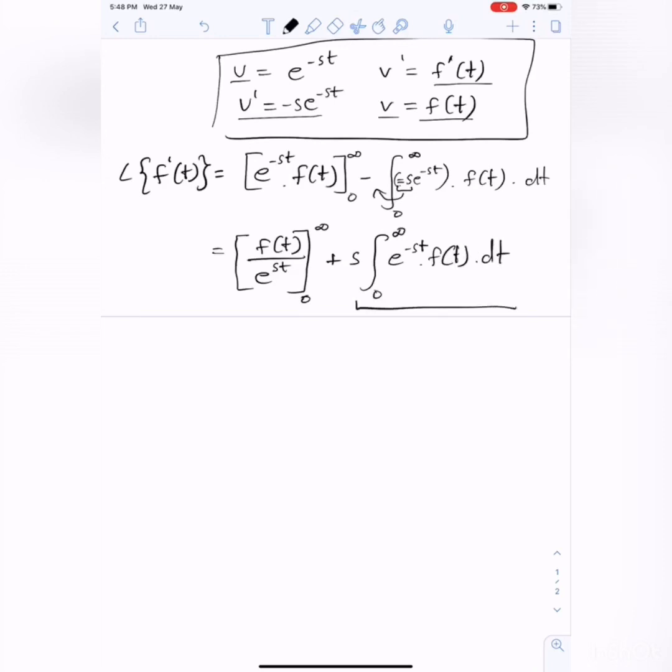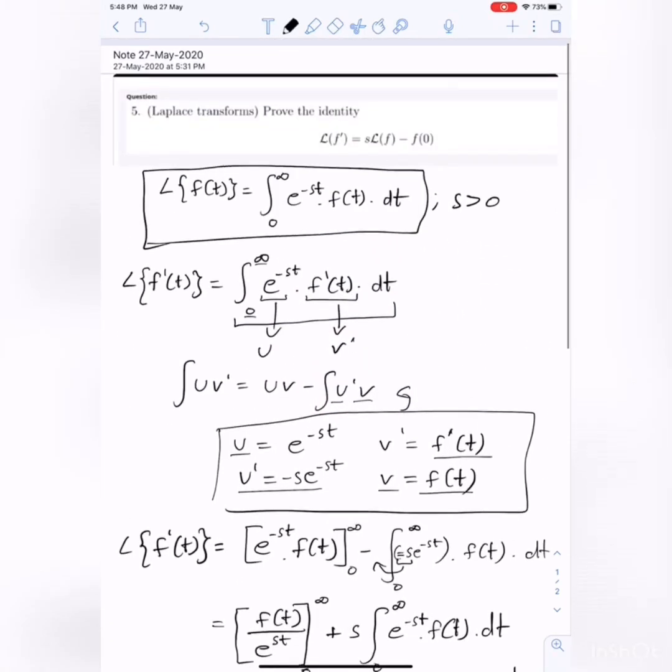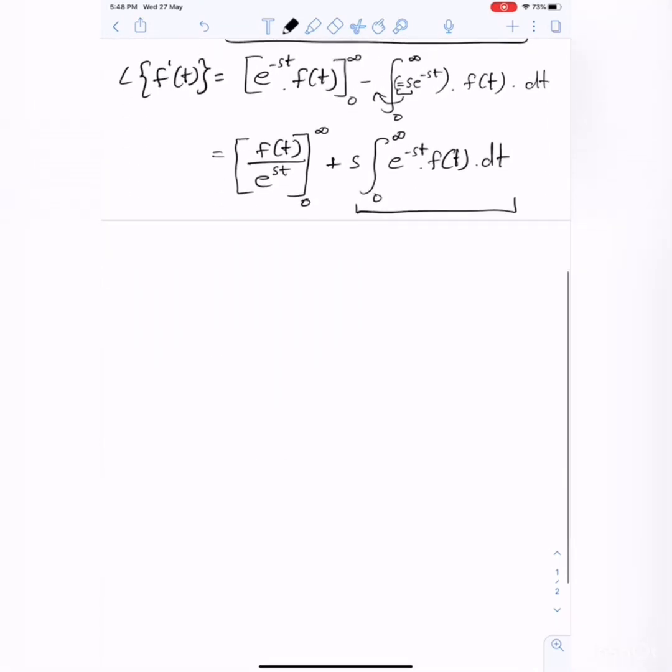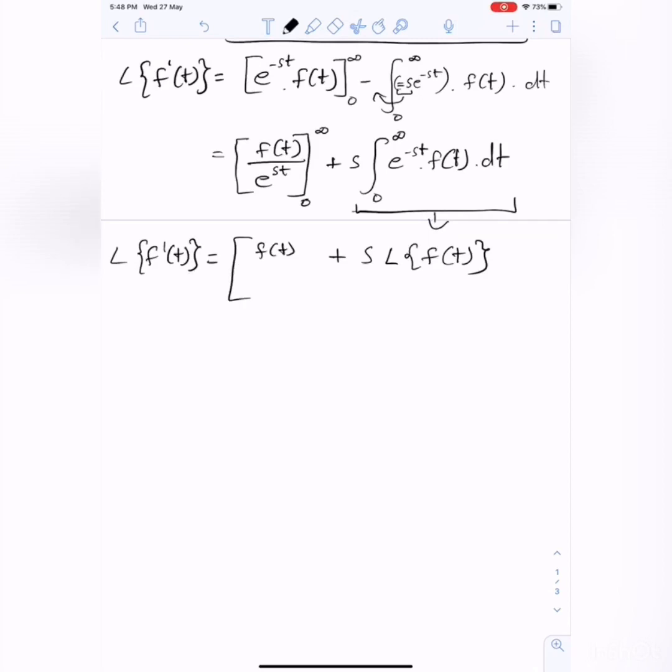Now this looks very familiar. This one is nothing but the Laplace transform of the function we started out with. So I can substitute this entire part with just the Laplace transform of f(t), and the remaining would be the same. So the Laplace transform of f'(t) would be equal to f(t) over e^(st) evaluated from 0 to infinity,